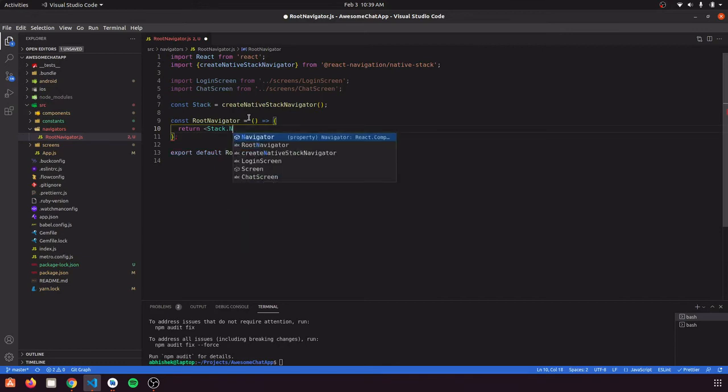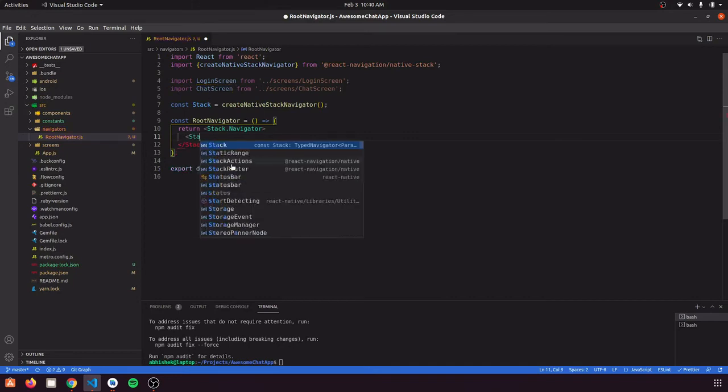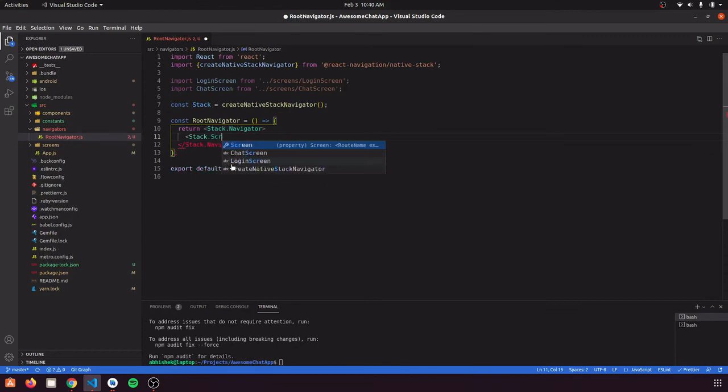So Stack dot Navigator handles all the navigation which is stack-based, and inside this we are going to have our screens. For that we are going to use Stack dot Screen, and we are going to have two screens. So let's just copy it.